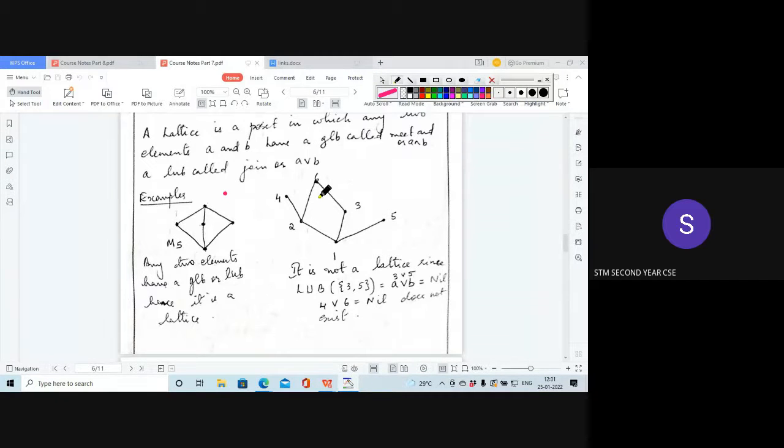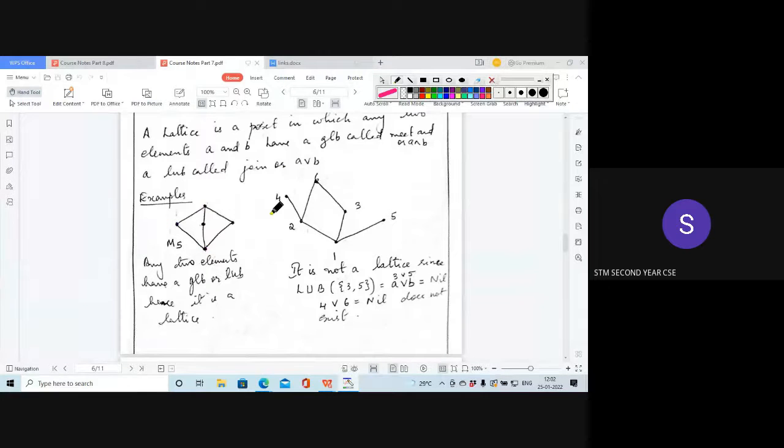Now let us consider this example, the first example. So is it a lattice? See, if we take these two elements, the least upper bound is this, and the greatest lower bound is this. Okay. Now, if we consider the next two elements, that is this and this, the least upper bound is this, and the greatest lower bound is this. Okay. Now, next we consider the next pair of elements. You can take any pair, these two. I said we have to look at the equality relation. So this is the least upper bound of these two, and the greatest lower bound is this point. Okay.